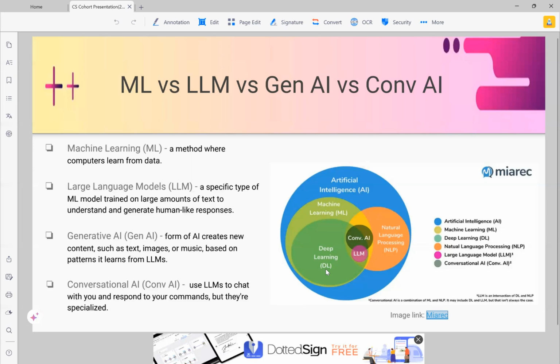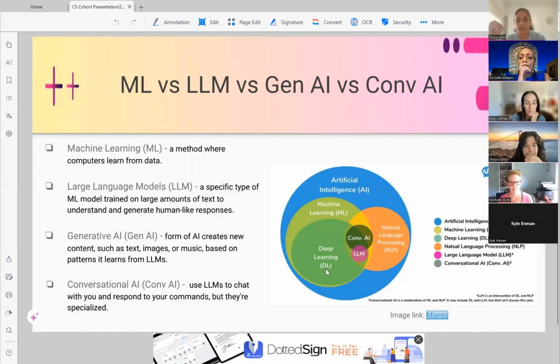So deep learning is basically mimicking what's happening inside your brain, right? You have all these neural networks in your brain that are able to take in bits and pieces of information with electric pulses. That's how it works: it's able to mimic the brain. It takes in all of these different patterns that the machine learning model has within it, and it's able to mimic a human being. So that's what's called deep learning.